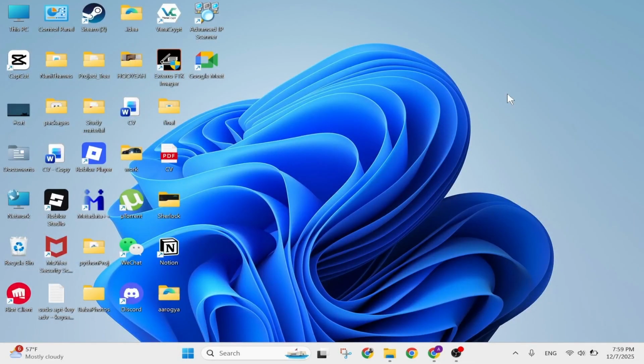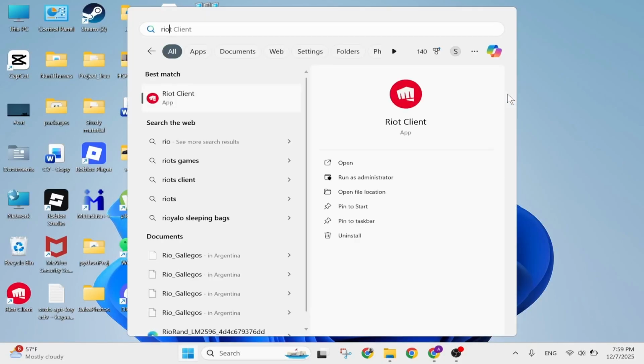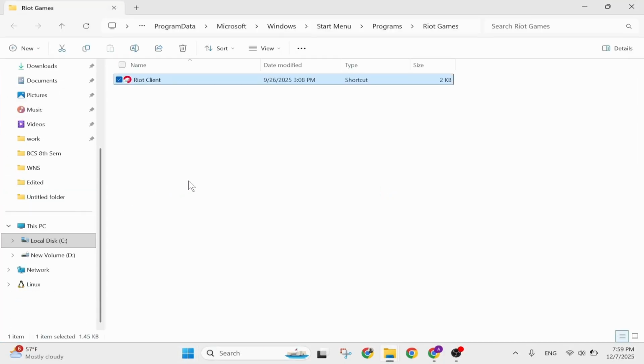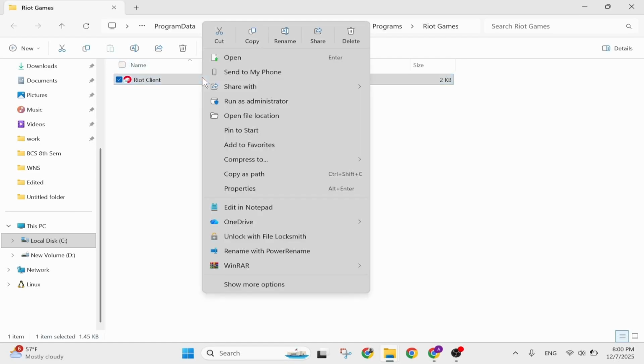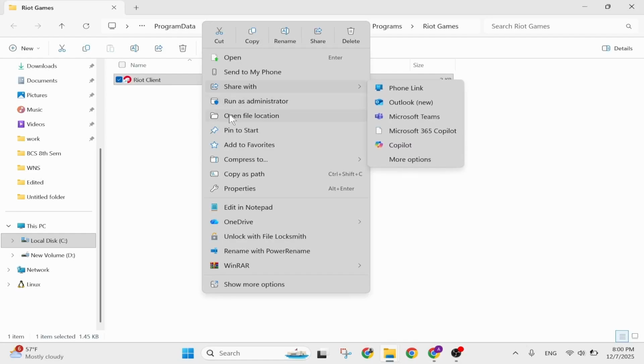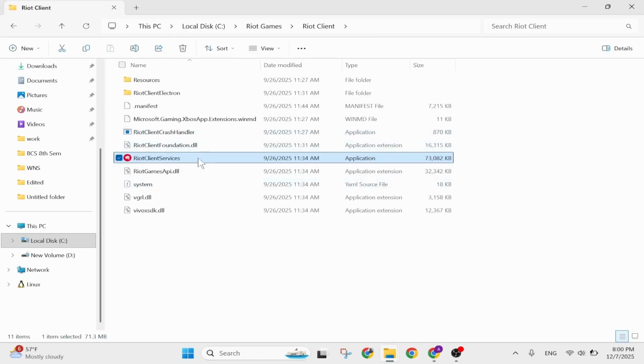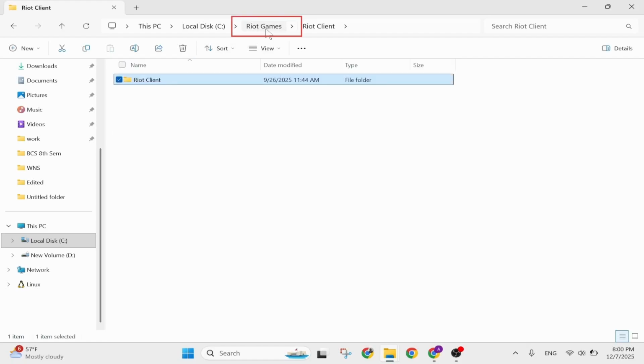For the second one, simply search for Riot Client and head over to its file location. Tap on file location. And after you're on its file location, this is just a shortcut, so right click on it again. If you are prompted to a shortcut again, then tap on open file location again. Then it will take you to this page, this local disk Riot Games. So go to this folder